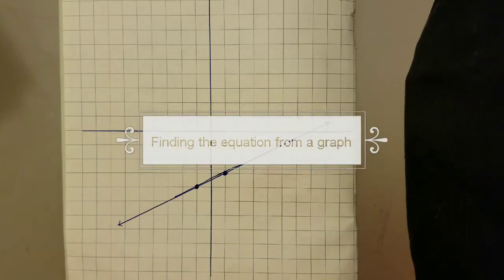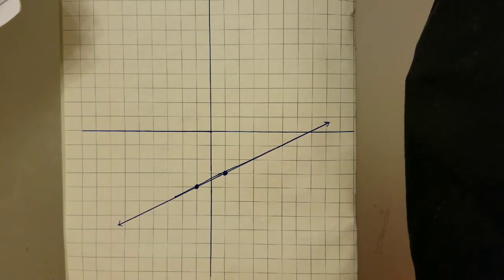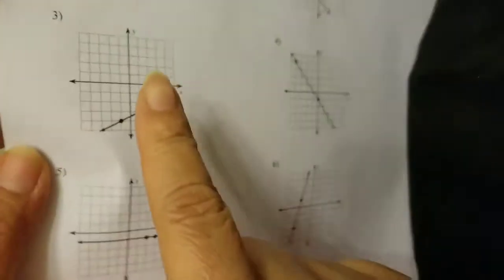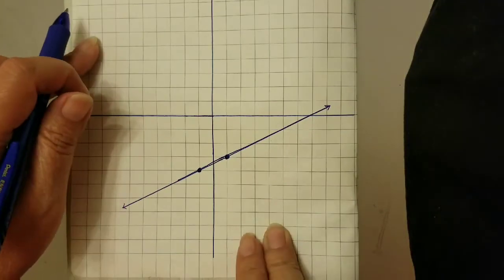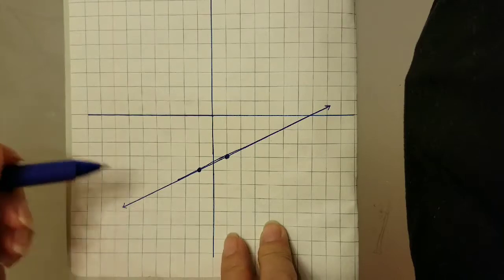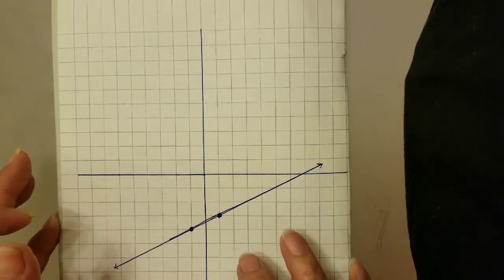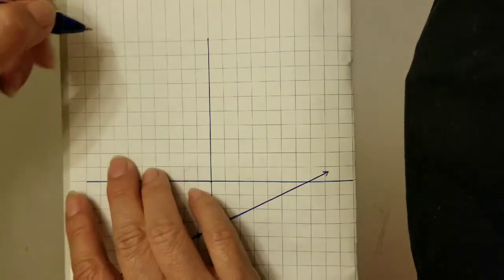Okay, so this time I'm going to show you how to do question number 3 from the worksheet. So question number 3, okay? This is the same graph, if you look at it. And what is the first thing we need to do? We need to look for the rise over run. Why? Because